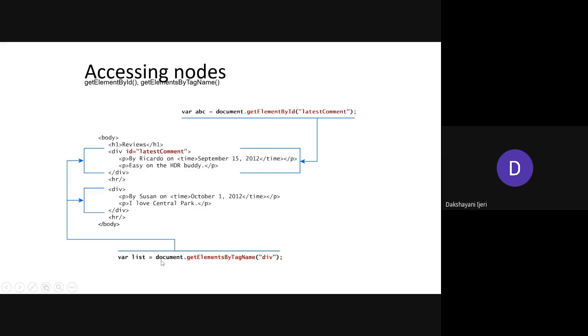So in this case you can see document.getElementsByTagName of division. That means in this entire HTML section, how many division elements do you have? You have two division elements. It is going to consist of the two division elements along with their four children here. Correct. Okay, this is how you need to use the methods on this HTML section. These two statements are part of the JavaScript, right? So these two statements you need to write in JavaScript in order to get access to the contents of the HTML section. Okay.